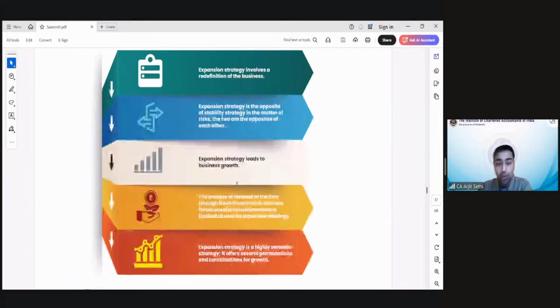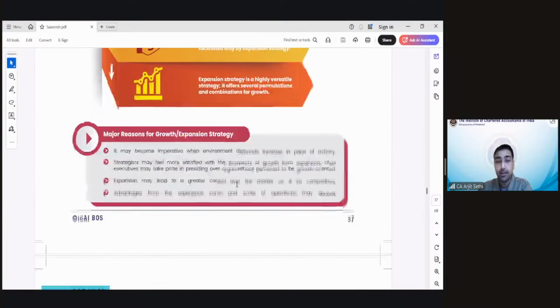Okay, growth, expand करना. Now, expansion can have major reasons. You want to gain market share. You want to be bigger player in the market. You want to make more money. You want to scale your business. You want to take the advantage of your experience curve or the life cycle of the product. Maybe the product is in a growth stage. People are liking it. People are loving it. Why not just build a bigger business? Right? Why just not build a bigger business? That's growth strategy. That is growth strategy. Simple example.